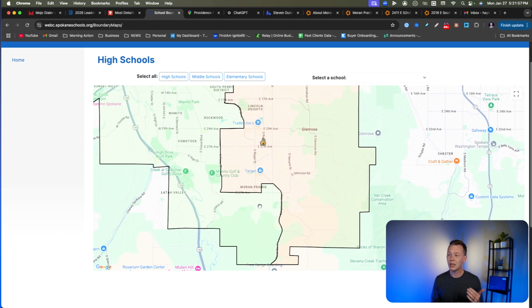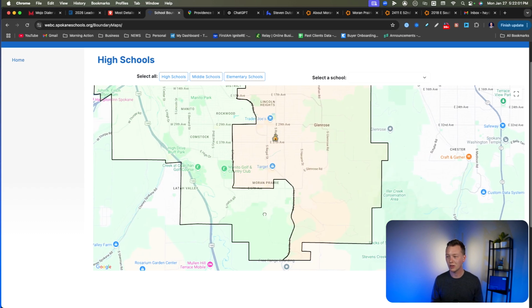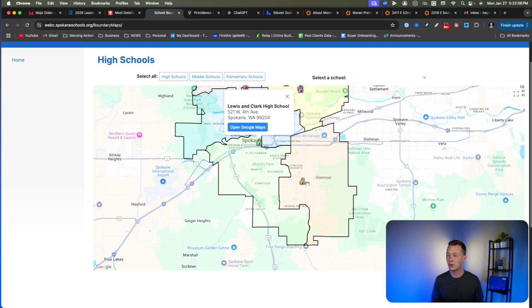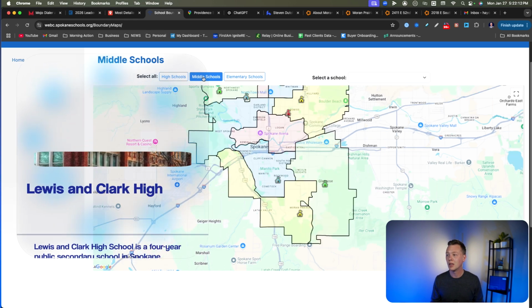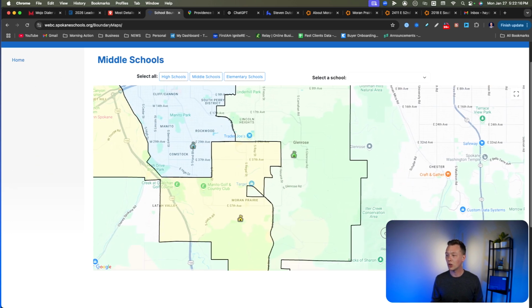But some kids are going to be basically driving past Ferris in order to get to LC, which I think is very interesting. But that's just how the new layout worked, trying to make the school boundaries a little bit more equitable for the high schools. Now, middle school options are getting even more dense now that we have a third middle school